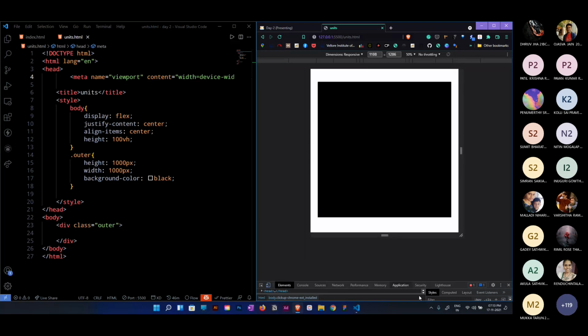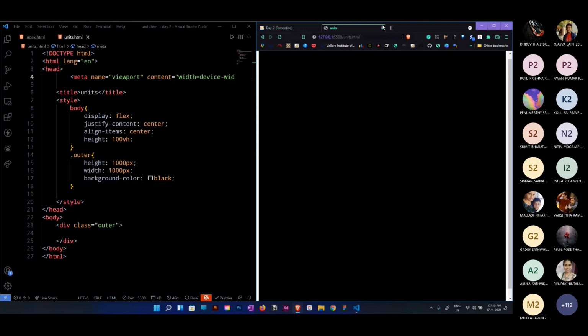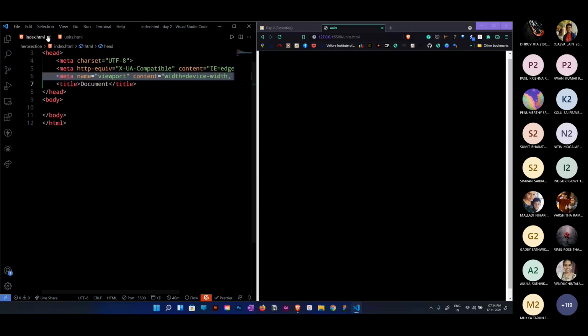Now it's somewhat hard to find the difference. When you build a website, there will be some difference. I just remember we need to add this particular line to make our media queries work. Our media queries don't work even if we don't add this line, whichever media queries you use. So this is that particular line.